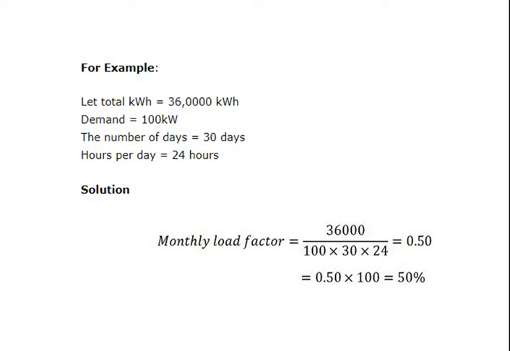Load factor we can say is equal to average load into T hours divided by maximum demand into T hours. So we can say average load can be said as units generated in T hours divided by maximum demand into T. T means time in hours. Thus a higher value of load factor means less maximum demand. So next is